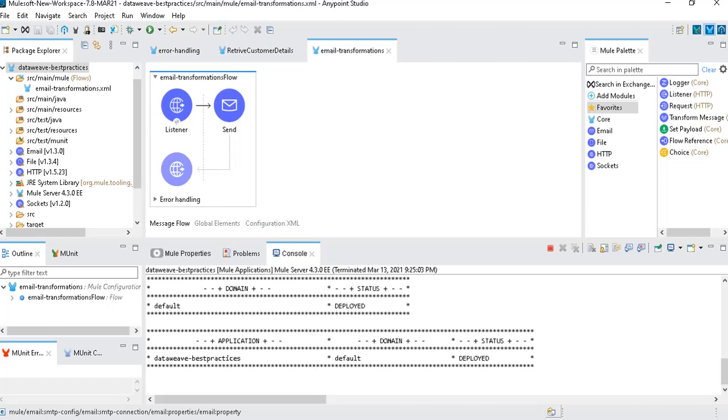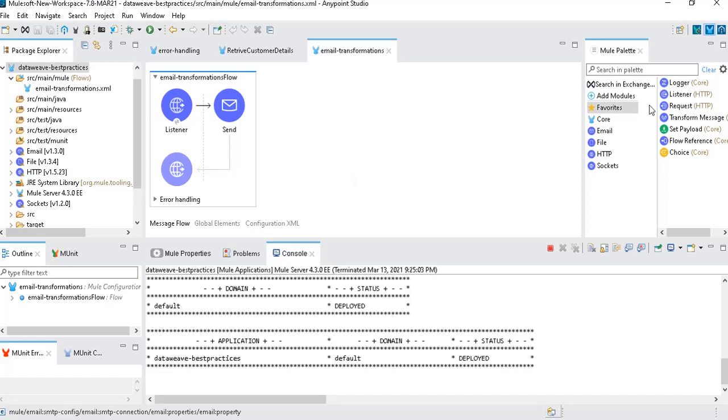Okay, in this video, we are going to discuss how to send an email from your MuleSoft application by using the email connector. To do that we need to use the SMTP protocol. How we can use it and how to configure it, I'll explain to you. For that I have already built an application and deployed it to save time. So I'll walk you through all the steps of how we need to implement it. Okay, so let's get started.